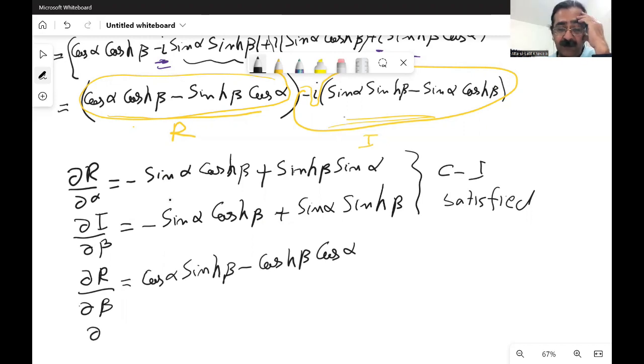But if we consider partial I over partial alpha,